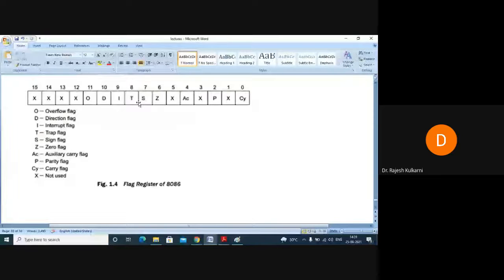Hopefully you understood this. This is a very, very important topic, the flag registers of 8086. Most of the question papers have repeatedly asked questions about this. As for the last flag, the overflow flag, whenever some calculation is done and the result overflows, meaning it takes the sign bit, then this flag will be set. So this is all about the flag registers.